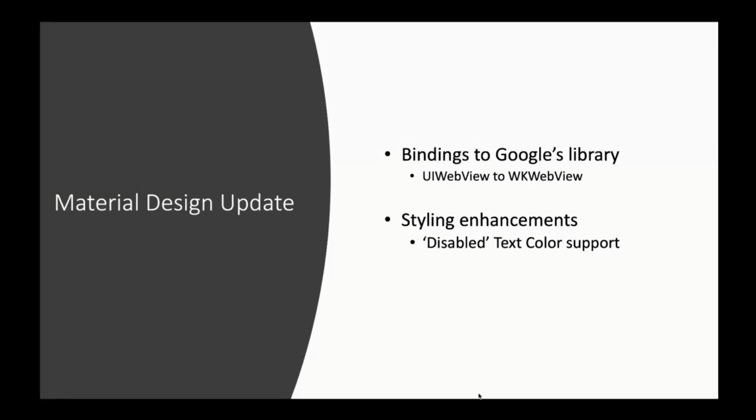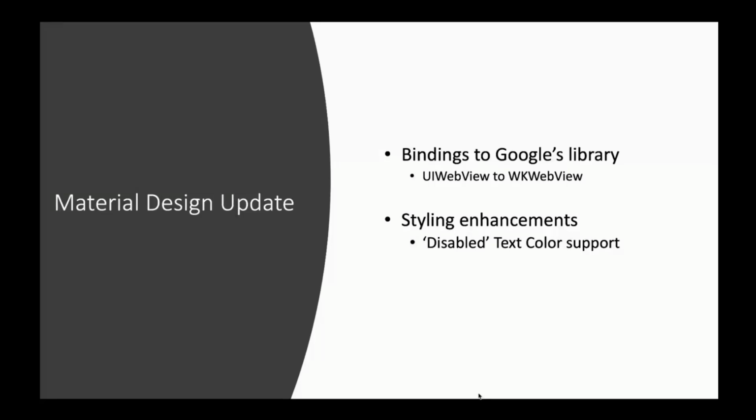So initially, what was happening in Material Design is that when you have a button control and set a disabled background color, that works as expected. But if you try to set the text color of the disabled button, it will not update in your Android or iOS application. For that, you might have had to go with a custom renderer. But you don't have to do those things now, as there is support for disabled text color. So let's jump to the demo and I will show you those things.